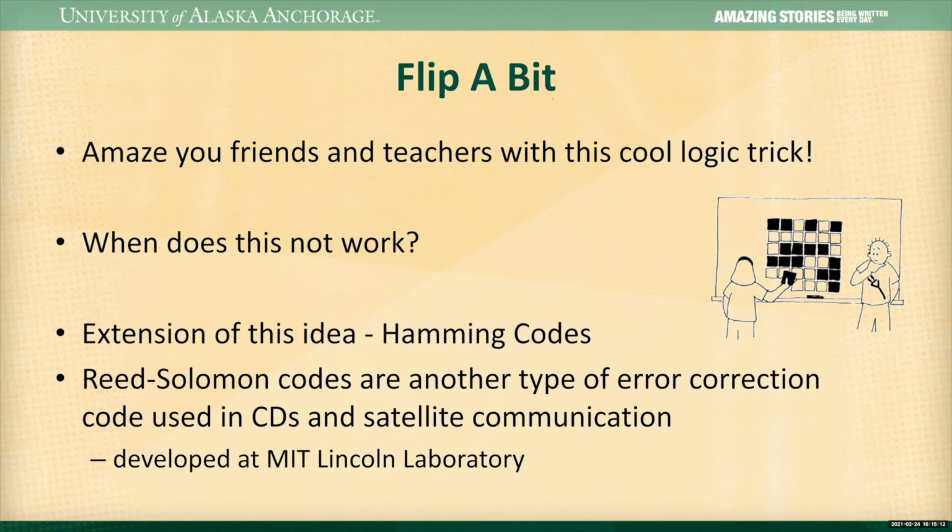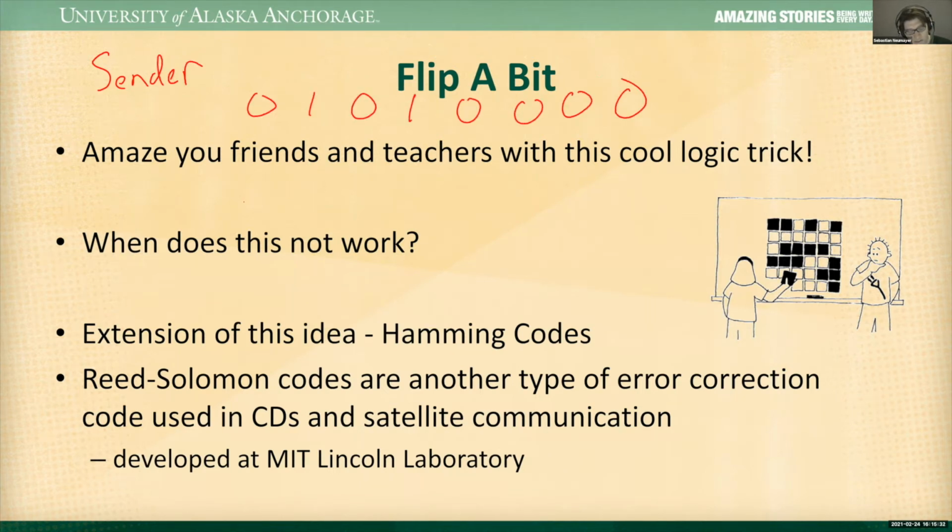What causes these errors? I may have misheard this, but what causes the errors in the first place again? Yeah, that's an excellent question. So, if our sender over here is sending 1s and 0s over time, these 1s and 0s are actually represented typically by a voltage level. So the signal that you're sending might look like this, 1 0 0 1, and then all zeros, and then maybe there's a couple ones.